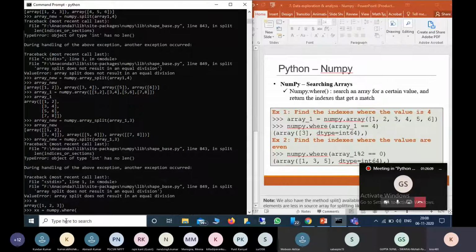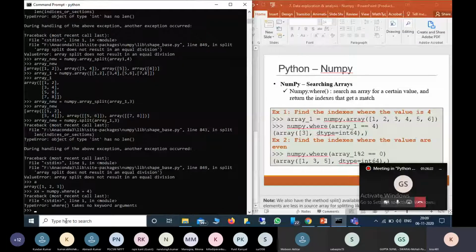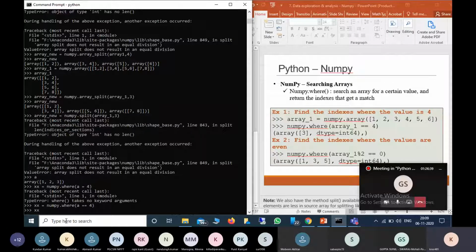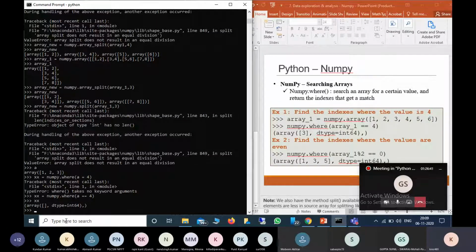So xx equal to numpy.where(a equal to 4), where the element equals 4. Now xx will give empty because there is no 4 inside a.